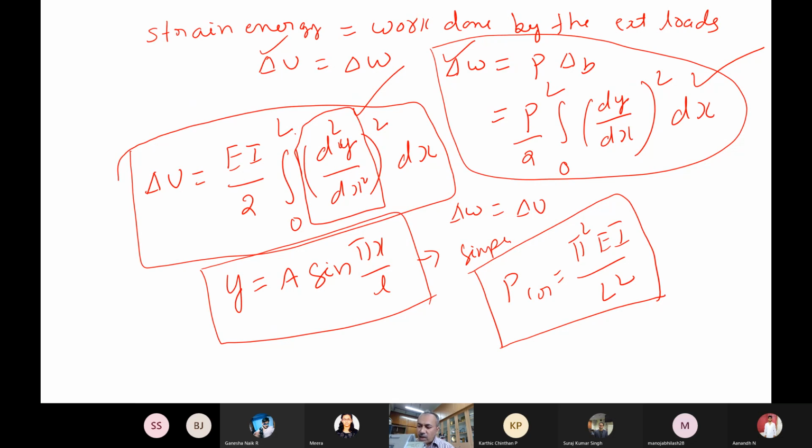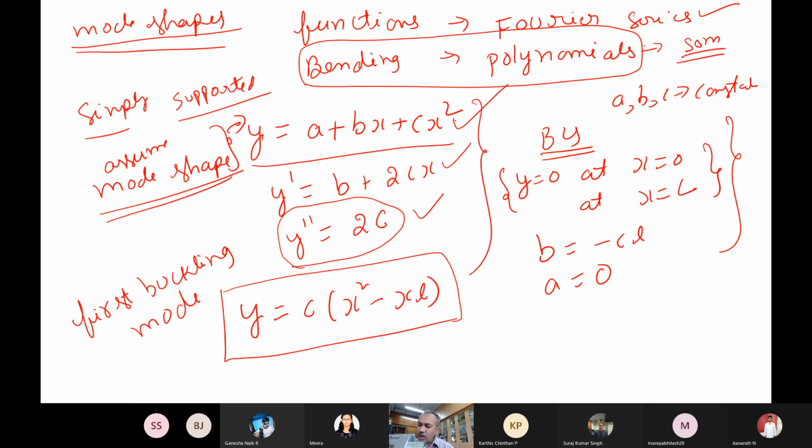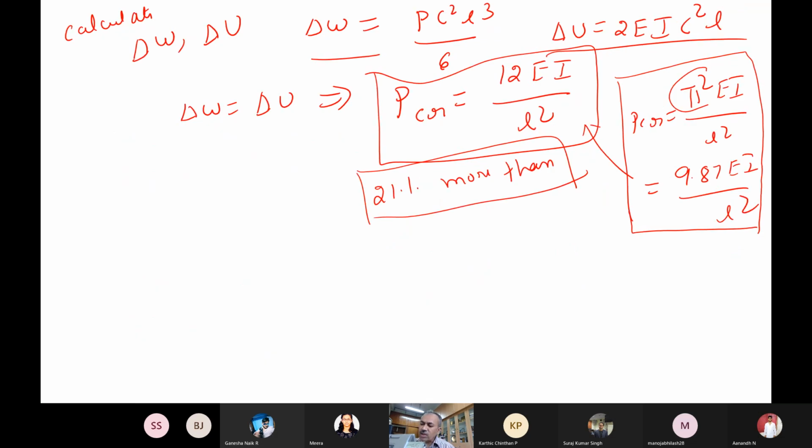So when you assume something, you would have made a nice assumption about the mode shape. But as you rightly pointed out, we would have missed the higher order terms actually. Our assumption about bending moment would have had some mistakes. Now to improve this solution, of course, you can add higher order terms so that bending moment is 0 at this side and that side, and you can obviously get a result. But with this itself, you can do something clever.